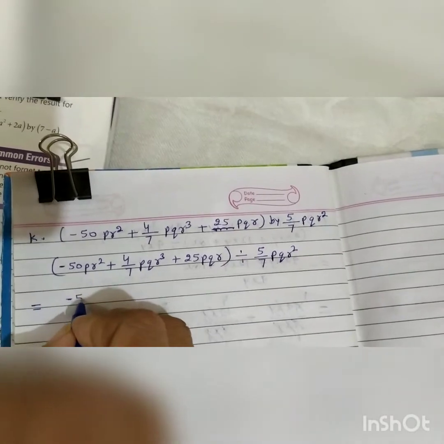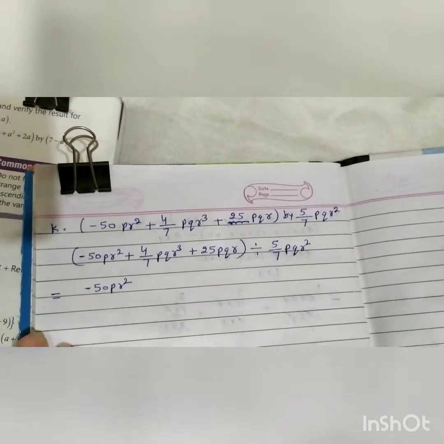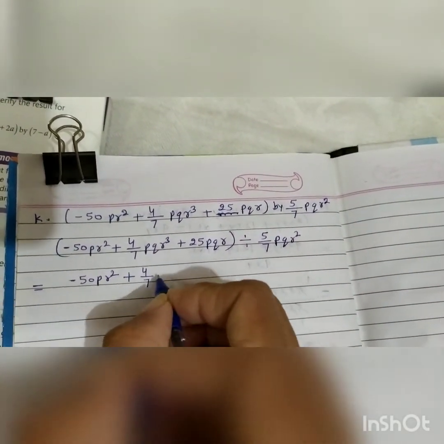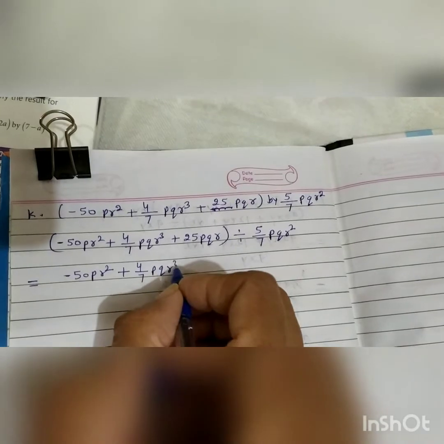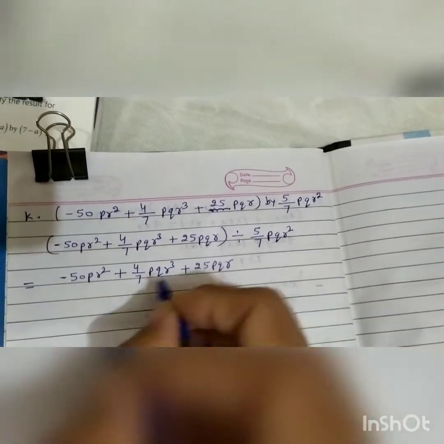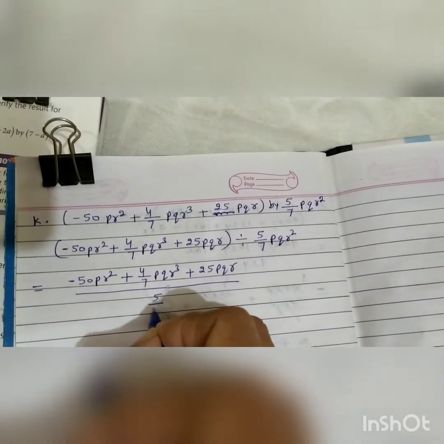Now minus 50 PR square plus 4/7 PQR cube plus 25 PQR upon 5/7